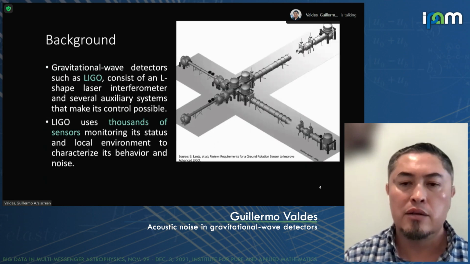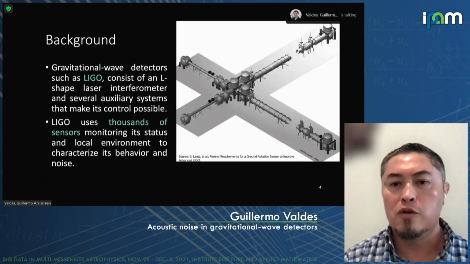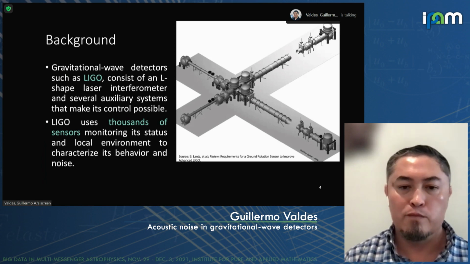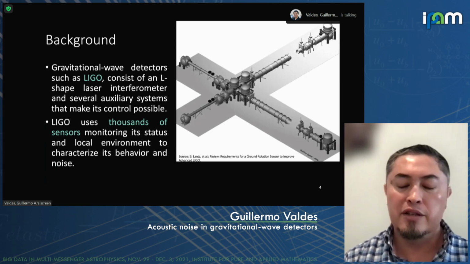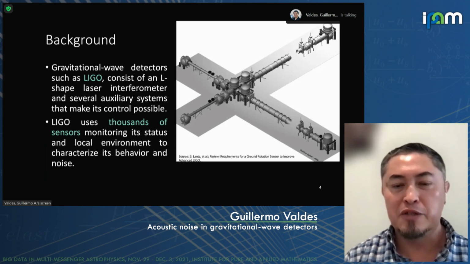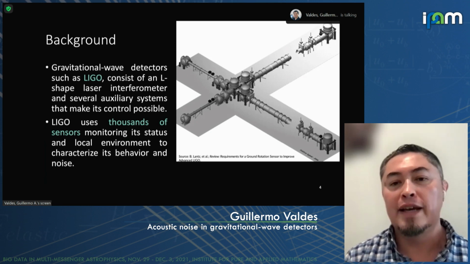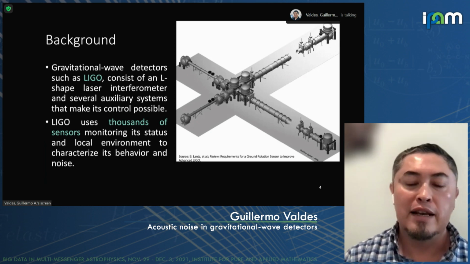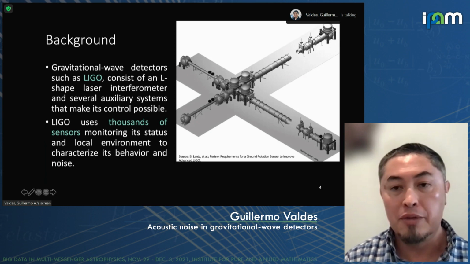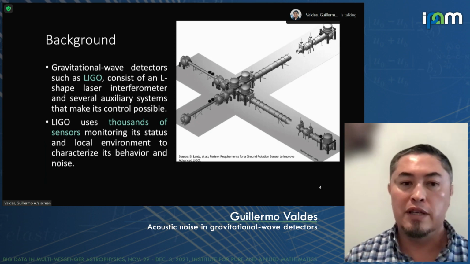Each one of these gravitational wave detectors consists of a laser going through a beam splitter, and then you have two arms. You have this interferometer that works to detect changes in distance. I'm giving you a very brief explanation, of course, because this is more complicated than that. You have the laser entering the beam splitter, and two arms. In LIGO, the arms are 4 kilometers long. And then you have the recombination of these twin lasers.